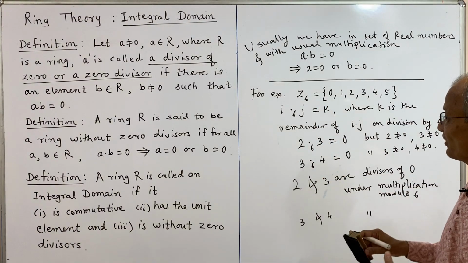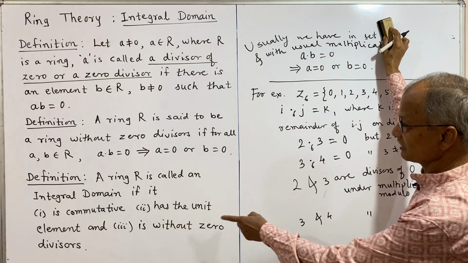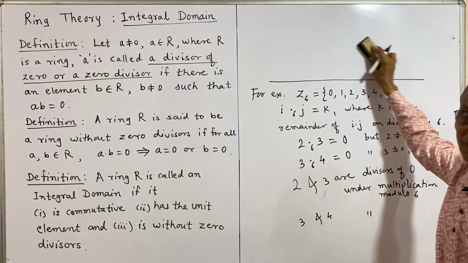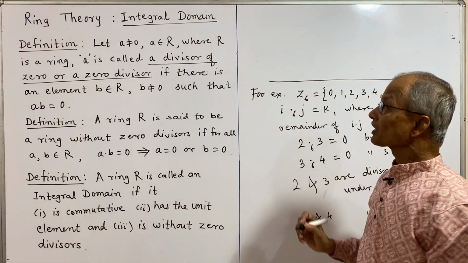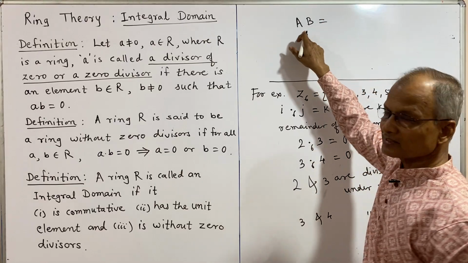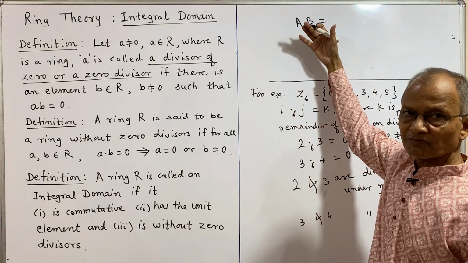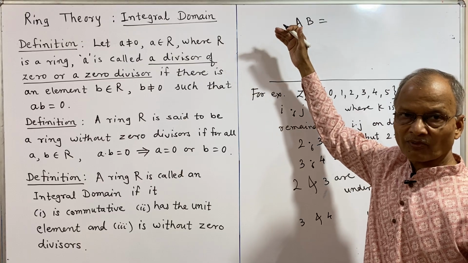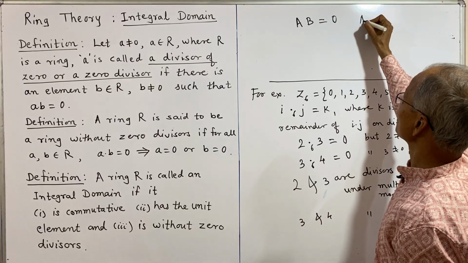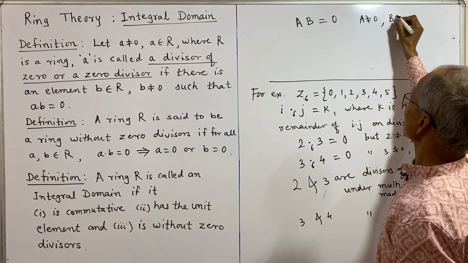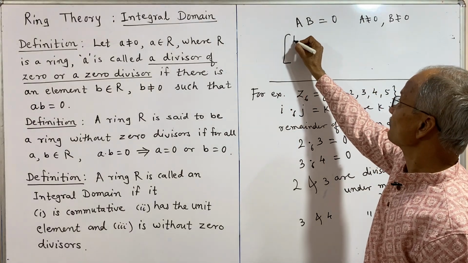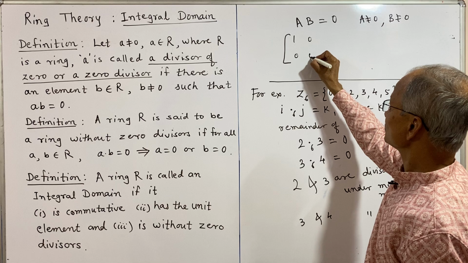Another example we will discuss after defining integral domain is the set of matrices. This happens in the set of square matrices. That means if A and B are two square matrices, or for simplicity we are considering matrices of order 2, their product is 0, but A may not be 0 and B is not equal to 0. So for example, consider this set, see 1 0 0 0 and